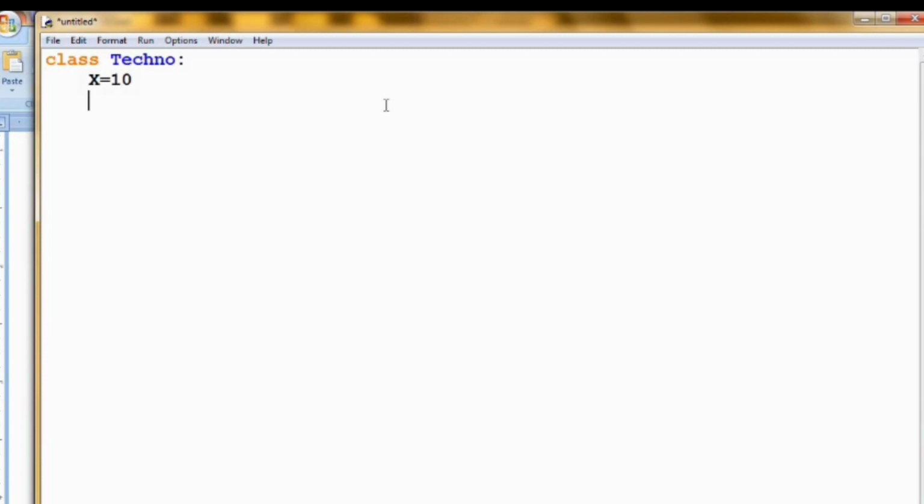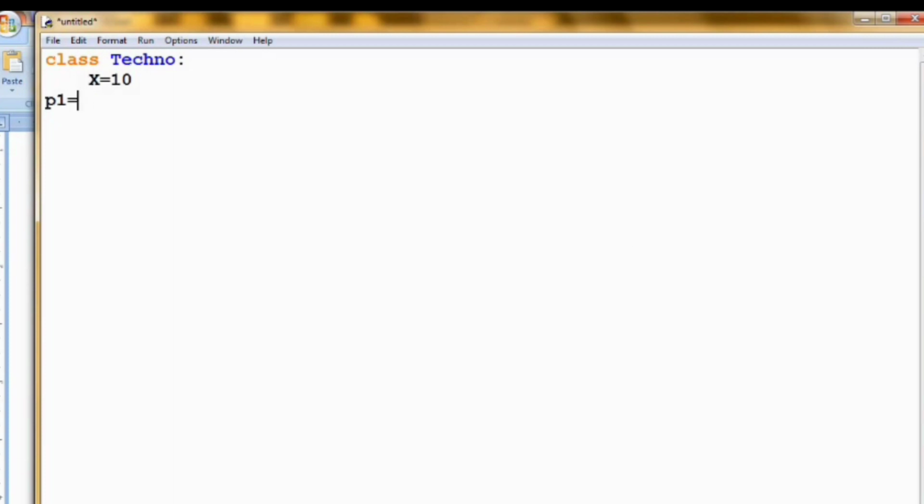So how to access a class in Python? For accessing a class, in every language you have to create an object first. So for that I am creating an object like this. It is easy to create an object in Python. Here for creating the object I have to specify it on a separate line. It should not be inside the class.